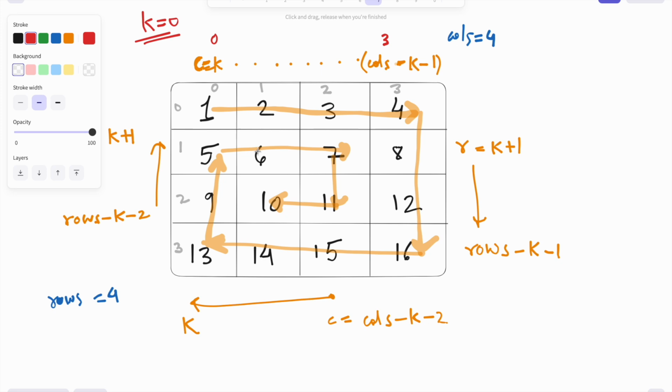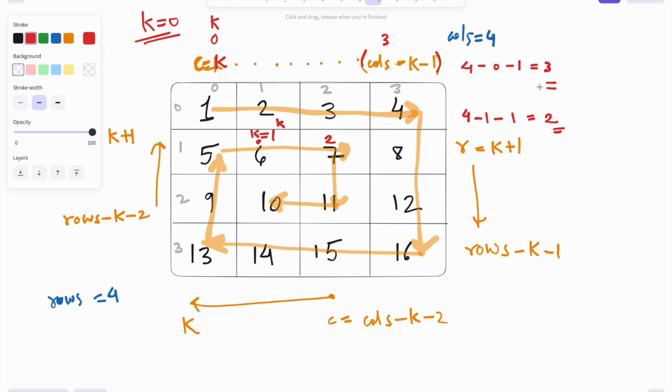But what if we were starting here? K is equal to 1 in this case, and we are going from 1 to 2. So 0 to 3, 1 to 2. 0 is k, this is k. If we try to relate, we understand that it is cols minus k minus 1. In this case, it was 4 minus 0 minus 1, so that is equal to 3. And in the lower case, it will be 4 minus 1 minus 1, so that will be 2. Perfect, so we are getting the desired end values. So this is the first for loop that we have, that goes from k to cols minus k minus 1.